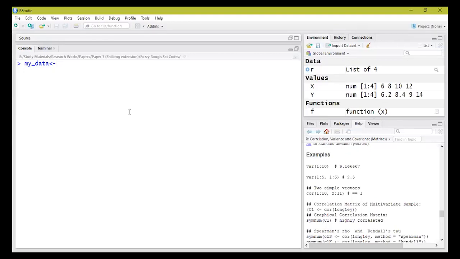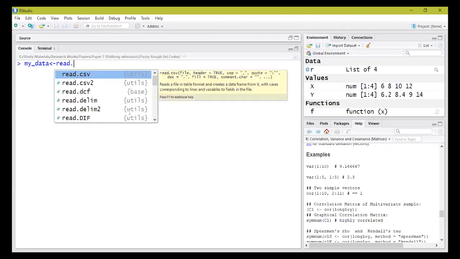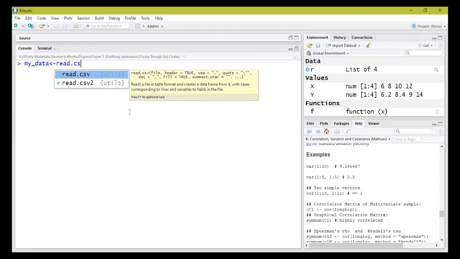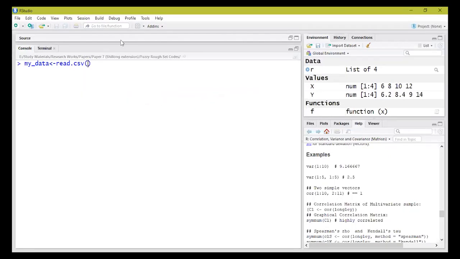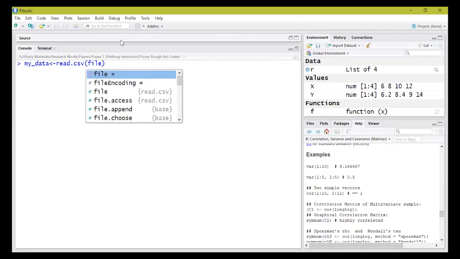I do not know whether this will work in mobile, but this works fine in a laptop. So keep a note of these. To read a CSV file, the method that we will use is read.csv. One method is that here you directly give the file name.